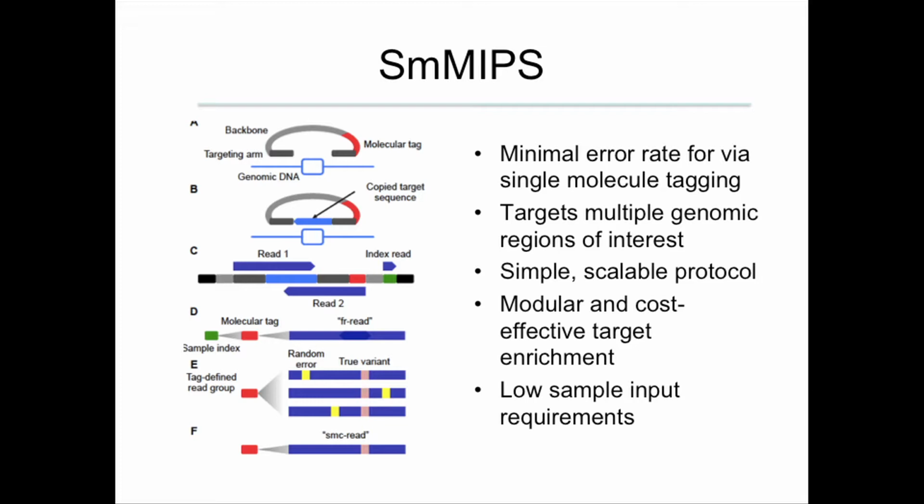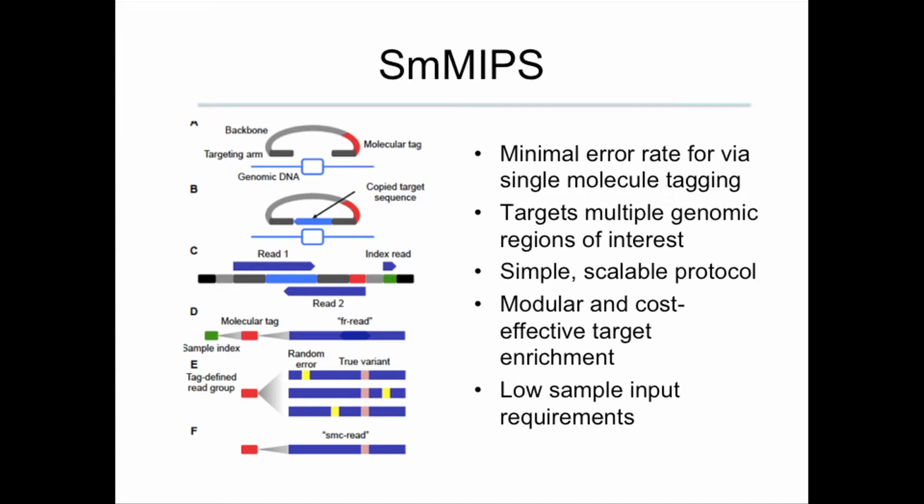The basic idea here is that one can use a probe that binds to regions flanking the gene of interest. This particular probe has a molecular tag that's unique for that particular molecule. One can then amplify across the locus of interest, open up that construct, further index label this in terms of sample, and what one then develops is a series of molecules that have been amplified by PCR and subsequently sequenced,